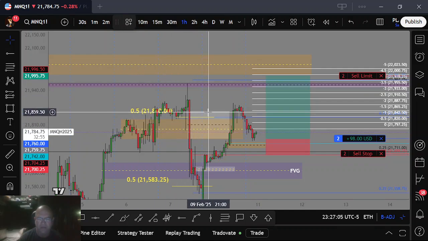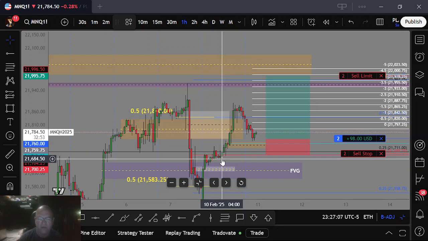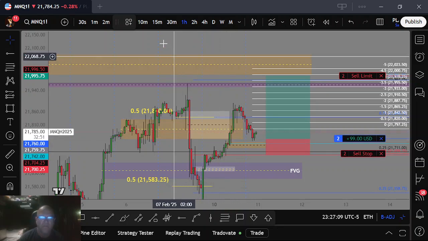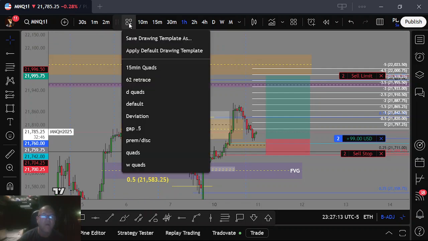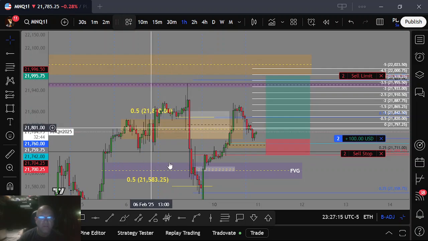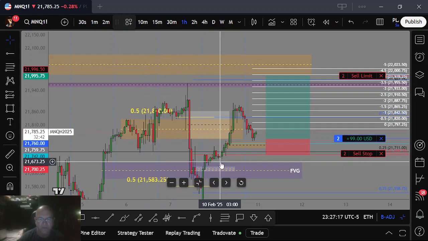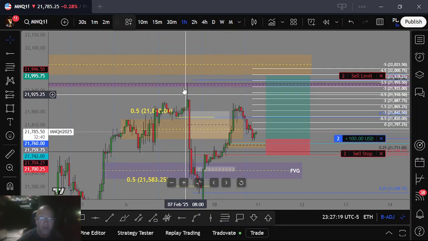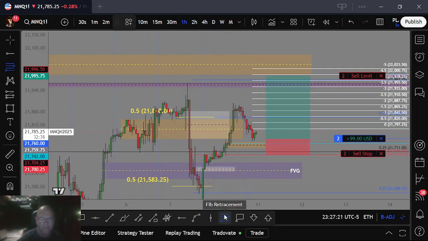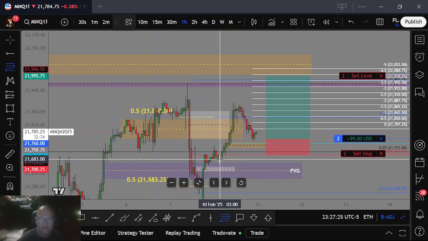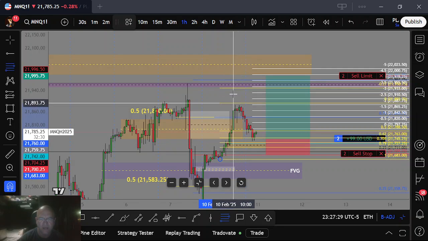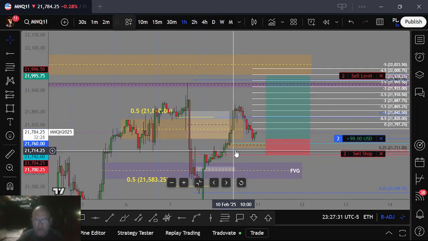Yeah, I gotta redraw it. So from the beginning of the push up, fib, 62 retrace. Let's go from here to the high. That puts,